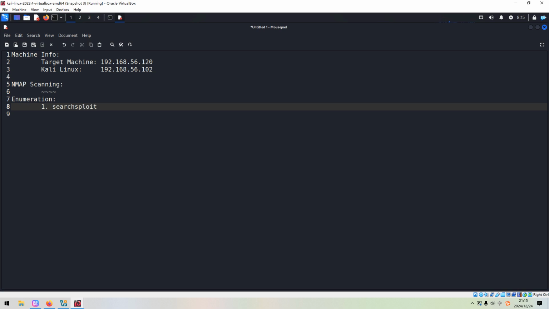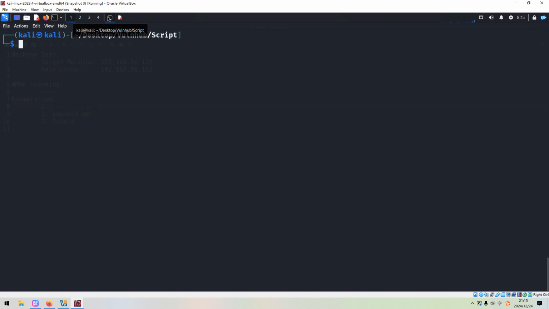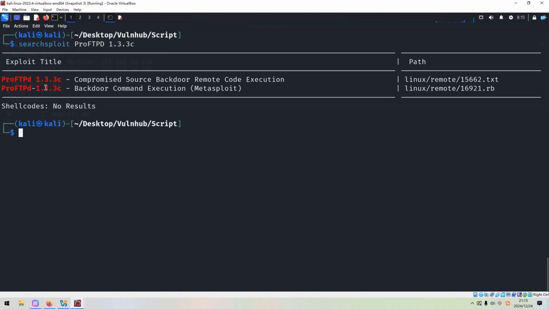This is a built-in utility on Linux, and we can also use the Exploit Database website. You can go to the website, and also we can use Google or some other search engines to do some research. But this is the one I'd like to use in this video. So how do we do it? We can launch the terminal, type searchsploit followed by the service information, and press enter. As you can see, indeed, this particular version is vulnerable.